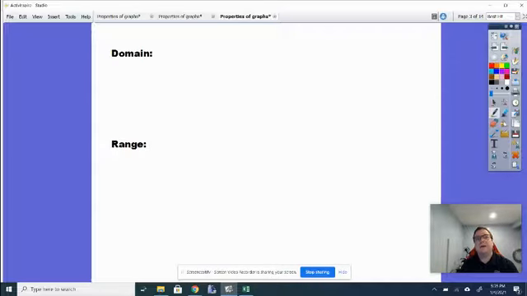Now, when I go through these today, when I talk about domain, especially with my regular students, I usually just say the X's that can work. And that's not wrong, but it's not a perfect definition. It's not encompassing that math academic language that we really want to be using, especially in the honors classes. So let's rewrite this in a better way that works with that academic language. So what domain really is, is the set